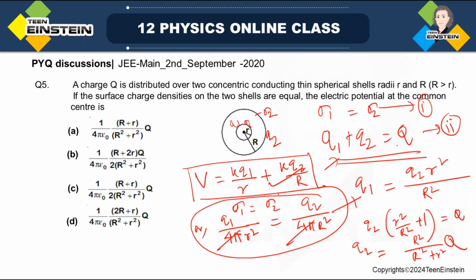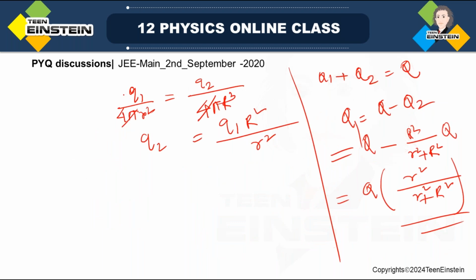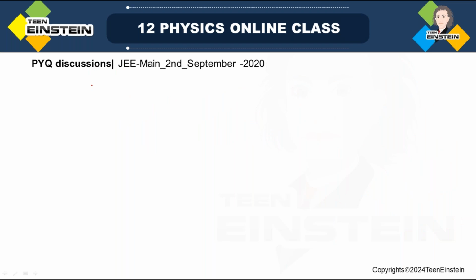Okay, I'll just show you in the next page. So what we have got so far, we have got q1 to be equal to R square by R square plus R square into q. The second thing is q2, that is capital R square divided by,